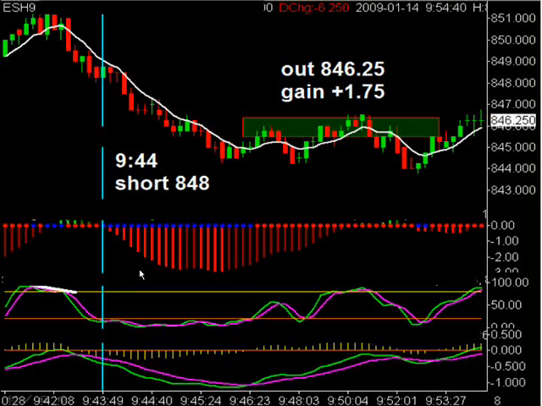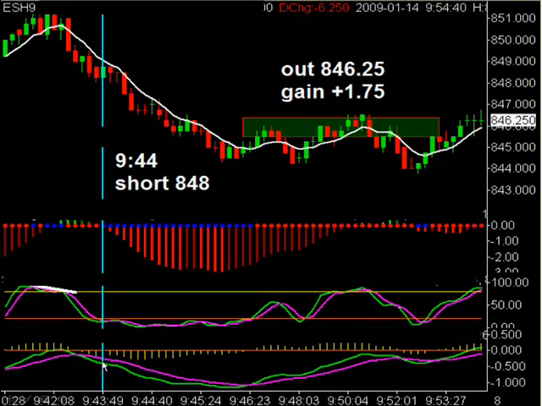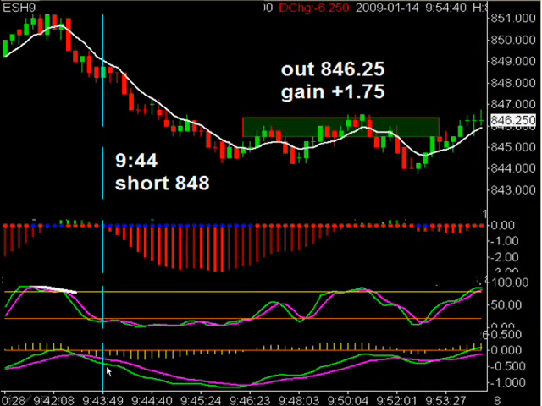So the first trade I took was at 9:44, and we had a scalp trade setting up. You can see our dots here, and this vertical line, that's where it's set up. I actually got filled on this bar over here, and I liked it because we had our setup occurring with our scalp. We had divergence on our one indicator, and of course our lines were in alignment on our lower